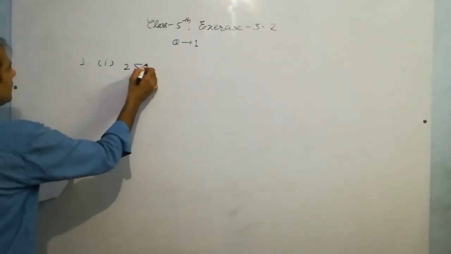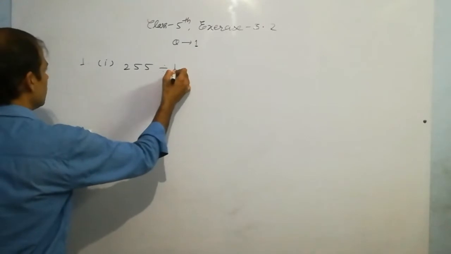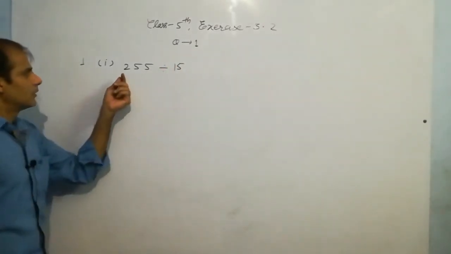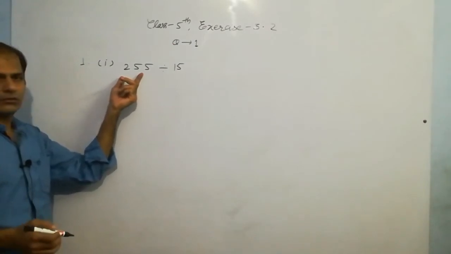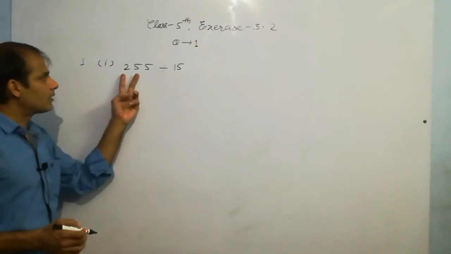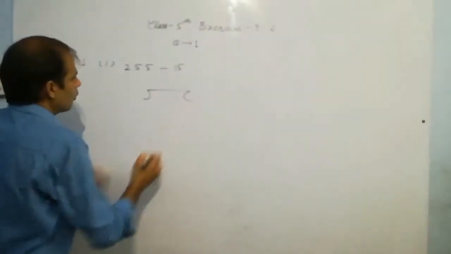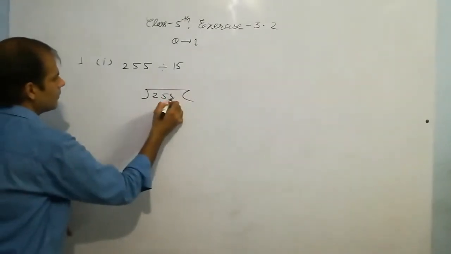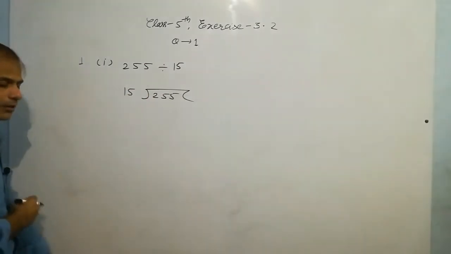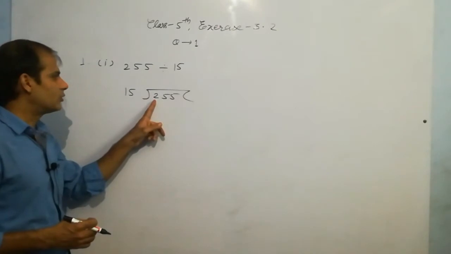It is given that perform 255 division operator and 15. So what is the meaning of this? Listen, this number is the dividend and it is called divisor. What is the meaning? इस नंबर को आपको डिवाइड करना है इस नंबर से, तो जो भी नंबर पहले आता है उसको आप यहाँ इनसाइड लिखेंगे और इस नंबर को आउटसाइड लिखेंगे. Now this is 15. It means we cannot divide 2 by 15.